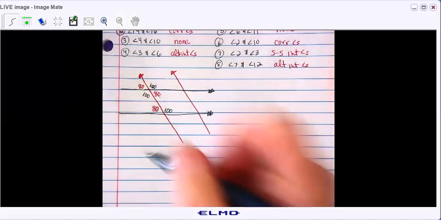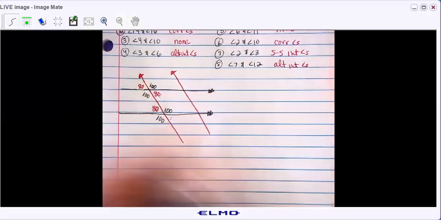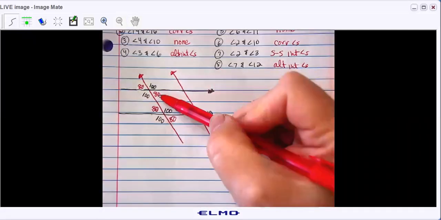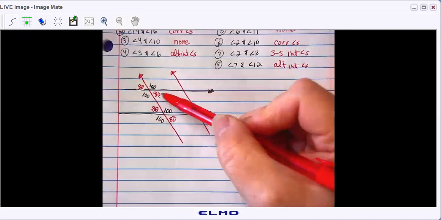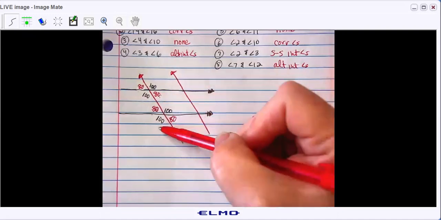And then the angles directly across. So this one would be 100, and this one would be 80. Okay, and I could have used my corresponding angles to find that. This one would be 80, this one would be 100. Okay,